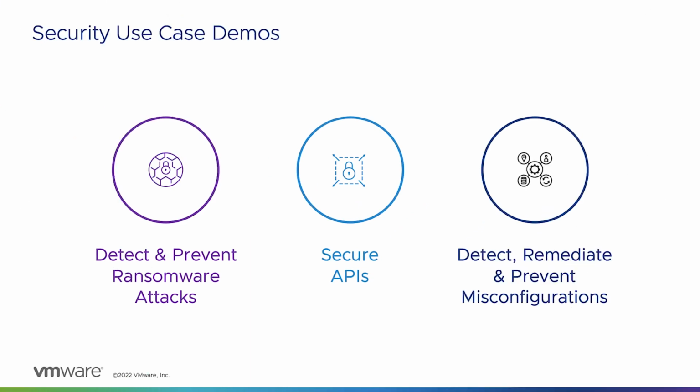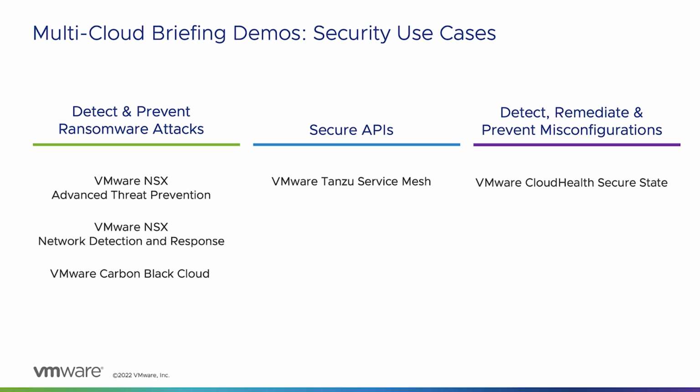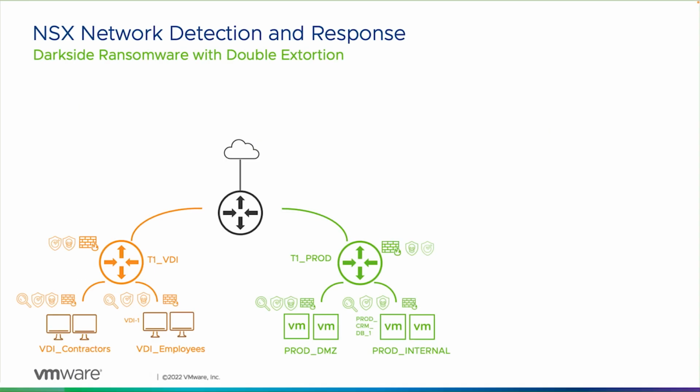I'm going to show you how VMware solutions address some common security use cases around ransomware, API security, and misconfigurations. Let's start with ransomware. In this use case, we'll focus on VMware's NSX network detection and response and Carbon Black Cloud. NSX NDR can detect and prevent advanced threat actors from taking hold and ransoming your modern applications, VDIs, and